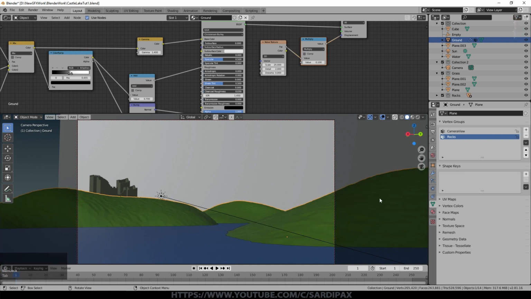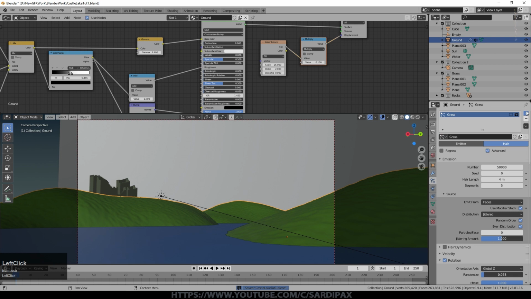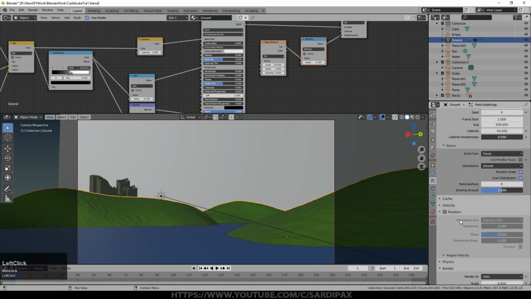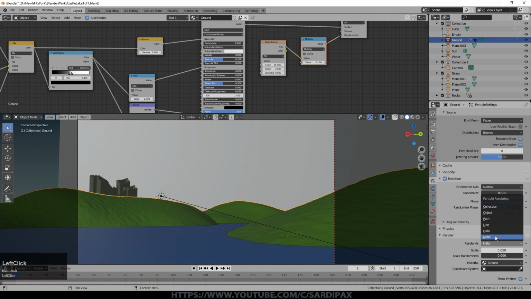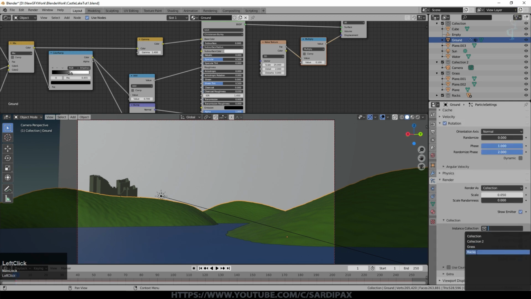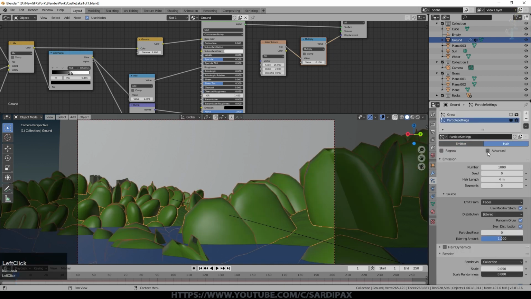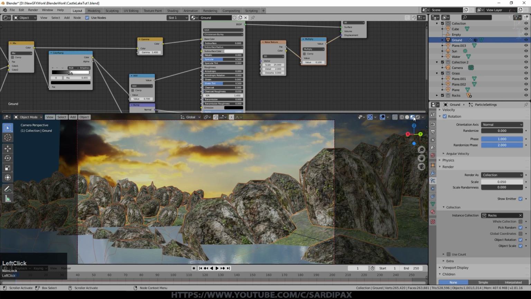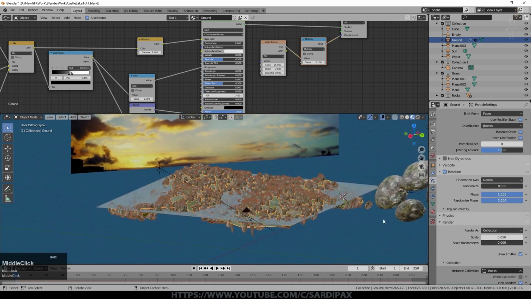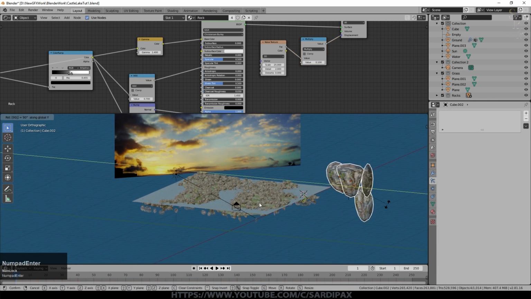Okay, so we're now ready to create a new particle system. Go to particles, we'll click new, we'll stick with the current number, we'll select rotation. It doesn't really matter, but we'll say normal. So it will rotate the rocks depending on the angle of the land, depends on the shape of your rocks obviously. Doesn't matter that much for this, but we'll have phase at maximum and randomized phase at maximum as well, which is 2. We'll render a collection, and the collection will be rocks. We'll pick random and we'll use object rotation, and we'll select hair and make sure we click advanced. We go to preview mode, we can see that they're rocks, and I think I'll just go and rotate them all now, just because I think they are tending to be sort of over to one side.